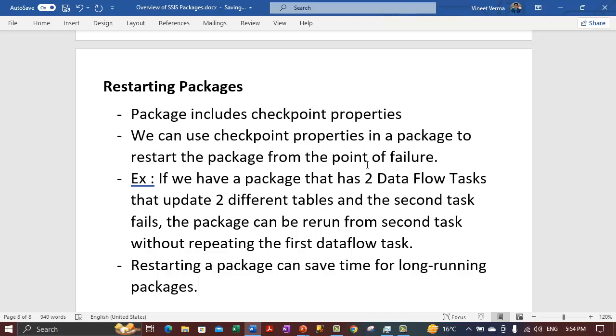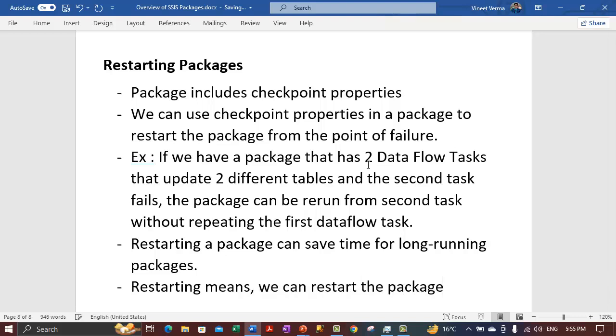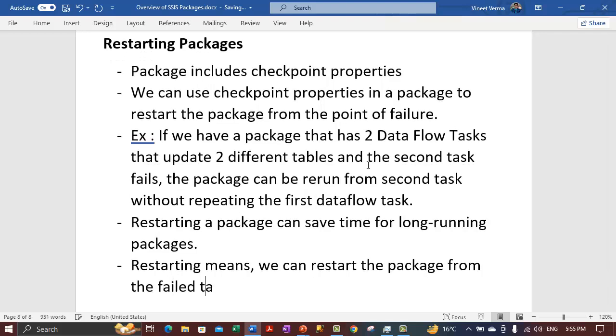So that will allow the package to take less time to complete its execution. So what do we mean by restarting? Restarting means we can restart the package from the failed task,